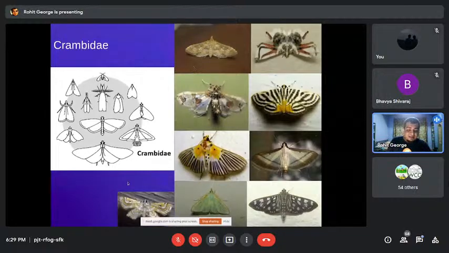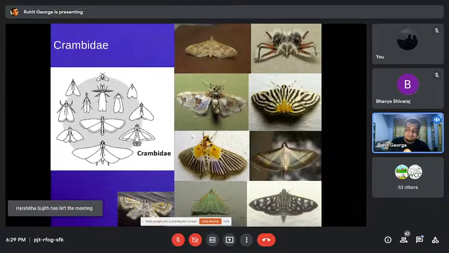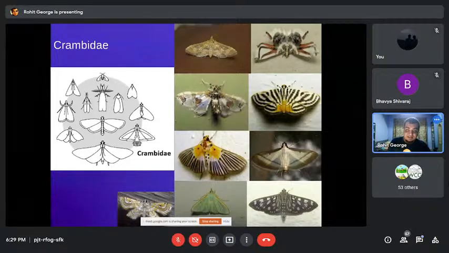There are some exceptions. This one again is the same subfamily as the spider moth. If you see all of them, they sit with their body against the surface and their wings held out flat on either side. Whereas this one sits with its forewing against the surface and its hind wing held up.